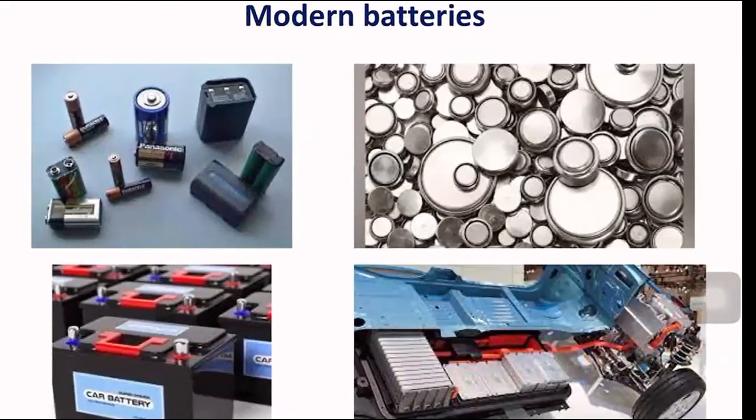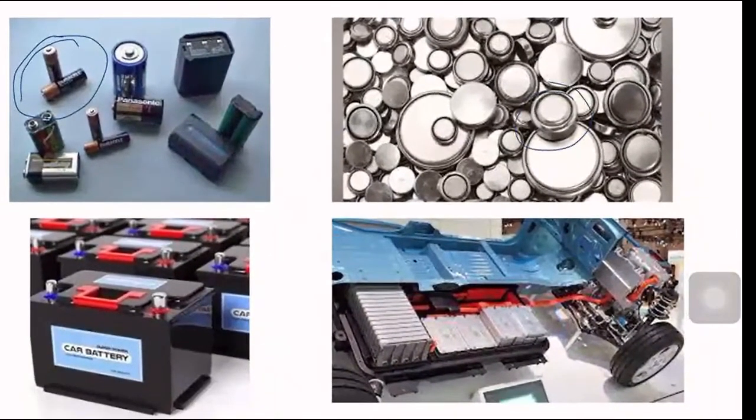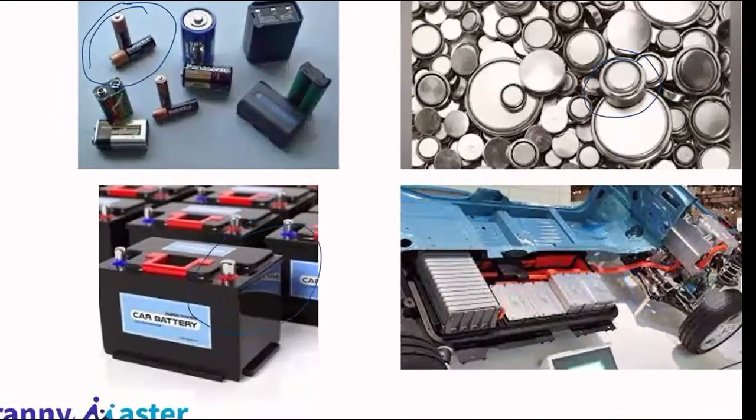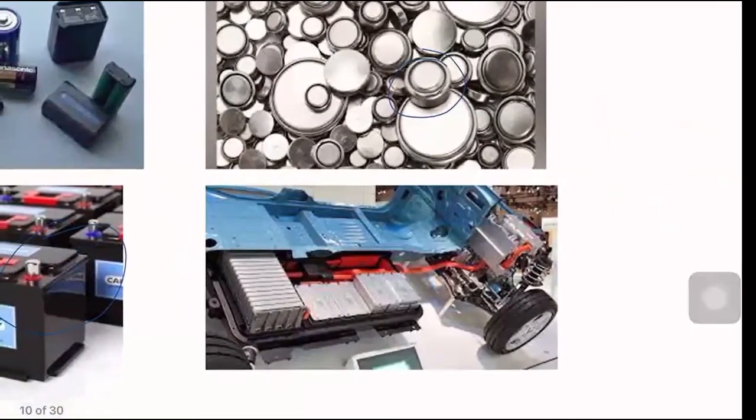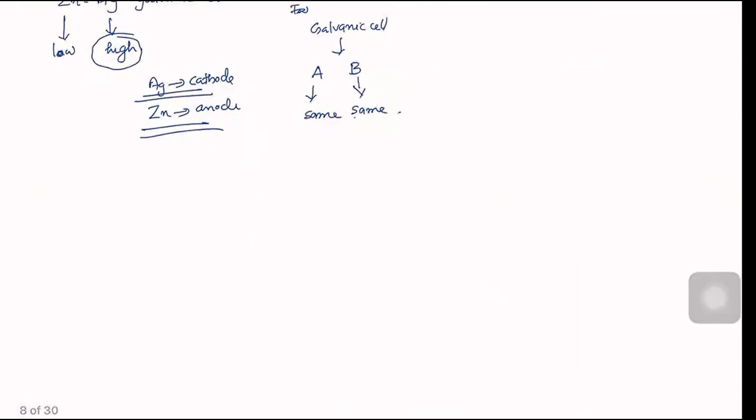The batteries that you are using in your wall clock, in remote control, silver colored batteries mainly for the wristwatch, lead acid battery for your car, or a pile of batteries required for an electric vehicle like an electric car, all are working on the same principle as that of the galvanic cell. There will be oxidation, there will be reduction, there will be anode, cathode, and electrolytes.